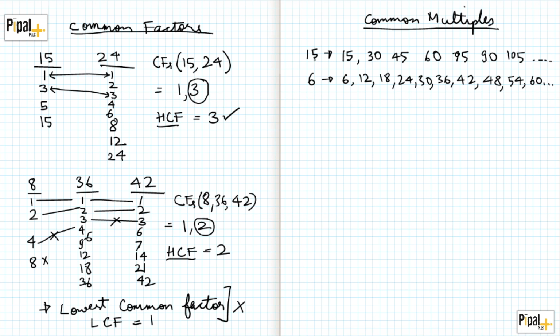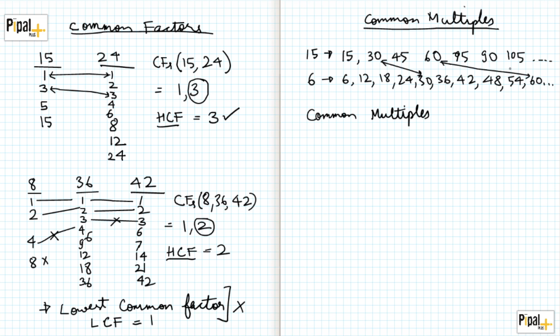Now if 15 has these multiples and 6 has these multiples, then if I have to list down the common multiples, they're going to be all the multiples which are common across 15 and 6, right? So the first such multiple that I see which is common across 15 and 6 is 30, right? The second such multiple that I notice common across both of them is 60,